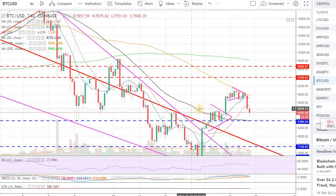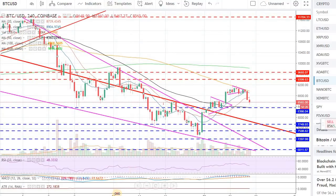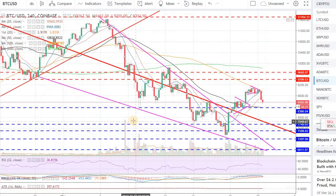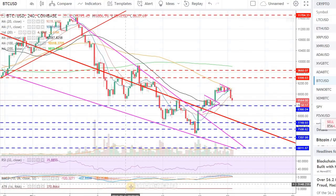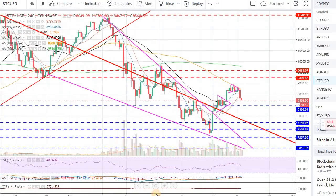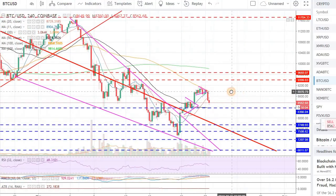So that's pretty much it. It's one of those markets right now where you just have to wait and watch. I can see the inverse head and shoulders pattern forming right here on the 4-hour, and if we can get an uptick from here, we can definitely... I can see that inverse head and shoulders pattern, but we need that uptick fairly soon. I will be keeping an eye on it